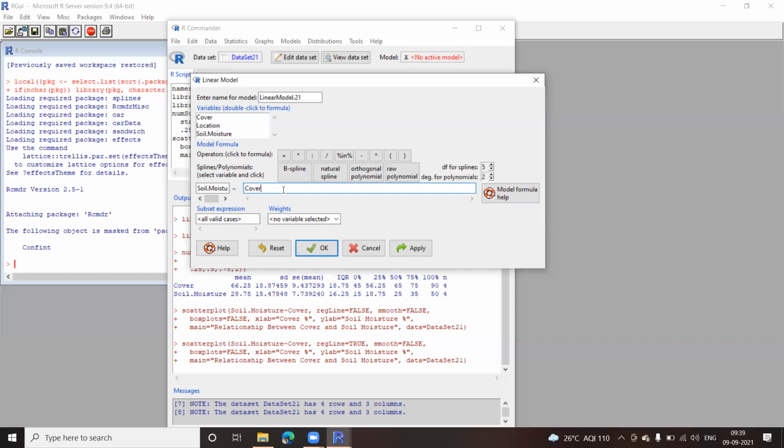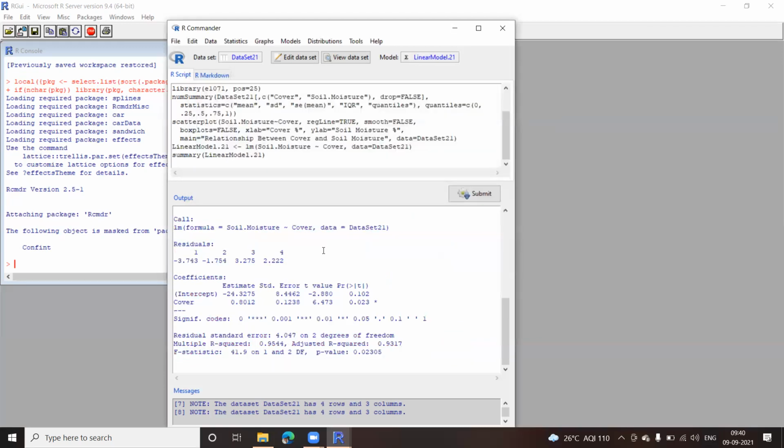Right now I don't require it, I have only one variable called cover. I won't make any other changes here. I'll just click on OK and see what I get.